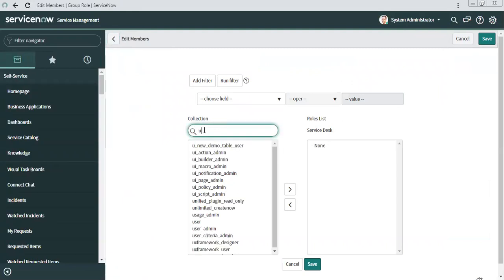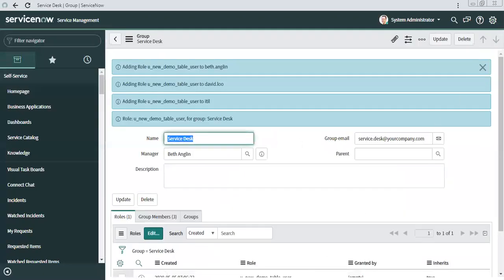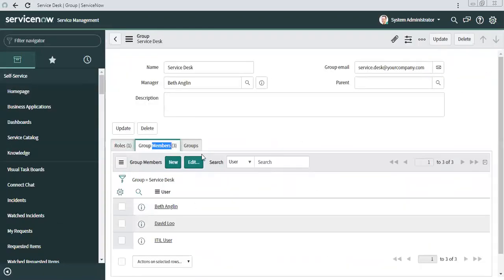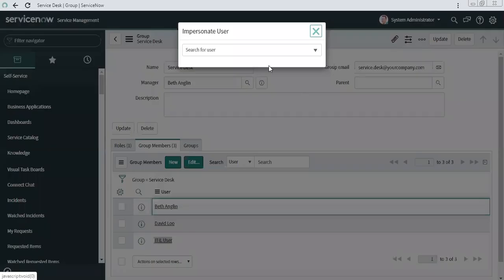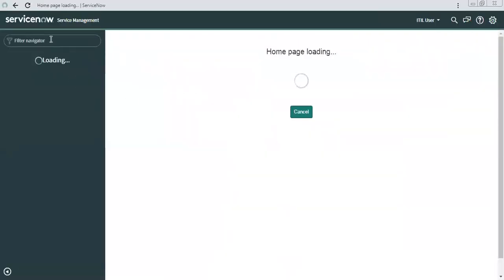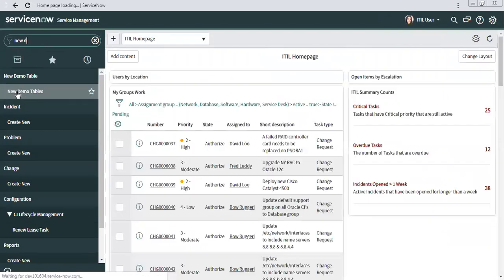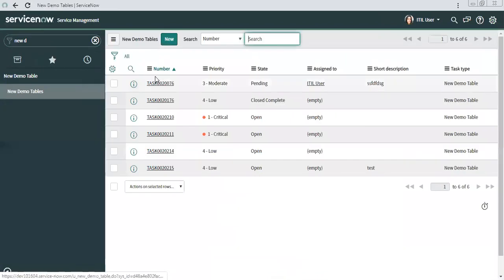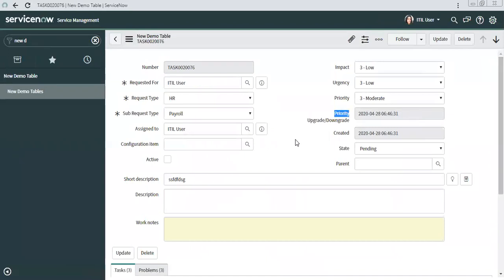Now, if I log in as one person of this group, then he should be able to see that field, right? If I open one of the records, see, the field is available.